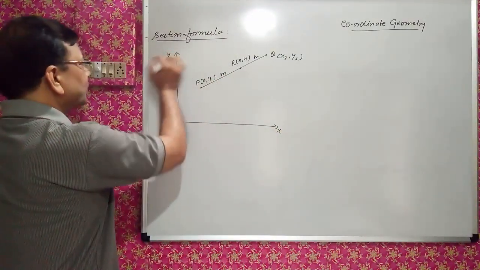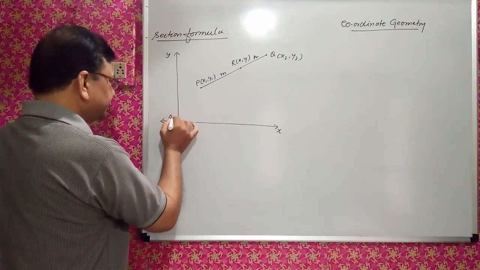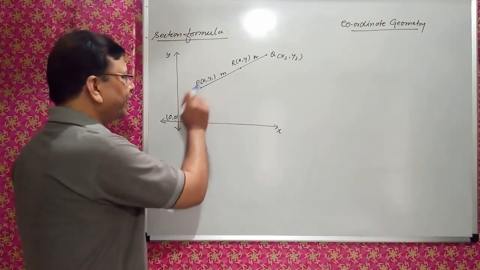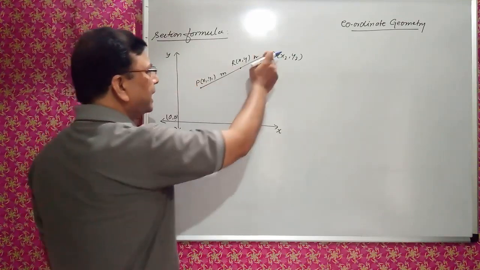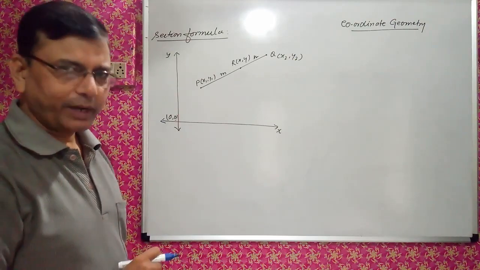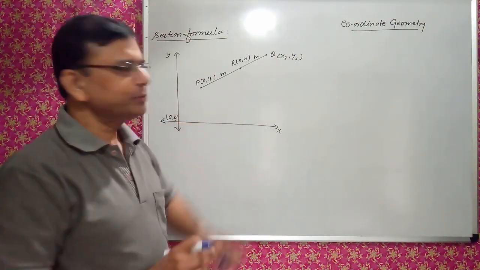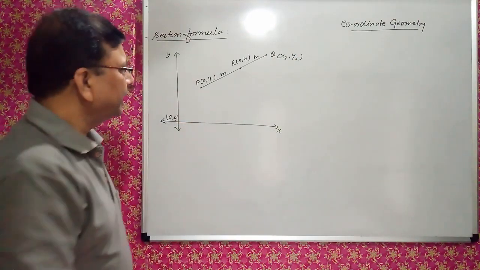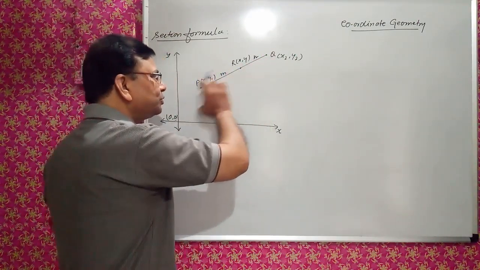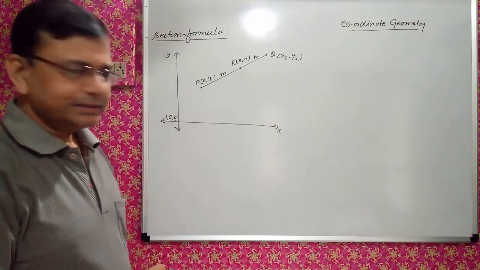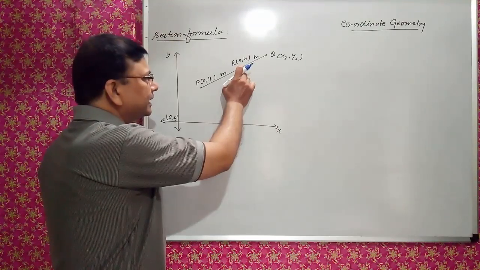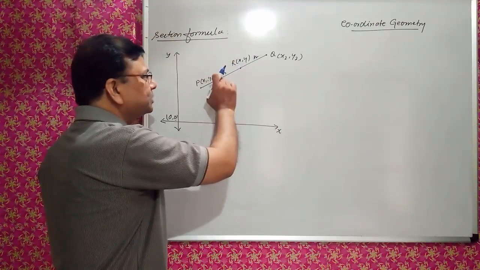This is the x-axis, this is the y-axis, and this is the origin of the coordinate axes. Suppose two points are chosen, P here and Q here. The coordinates of P are x1, y1, and of Q are x2, y2. We have to find a point in between P and Q on the line segment PQ. Suppose R is the point that